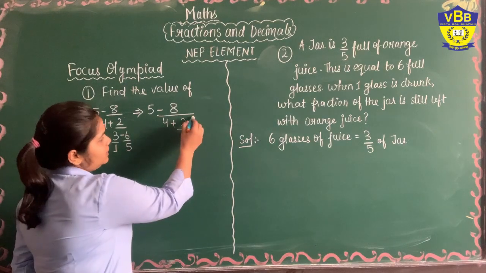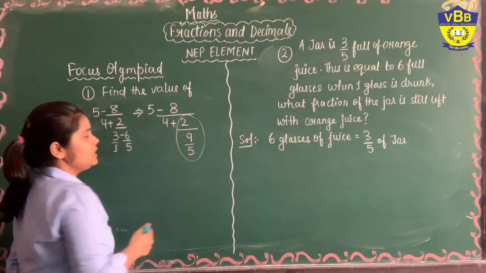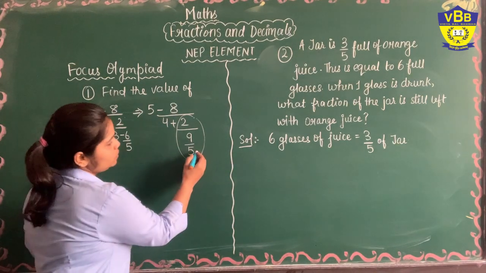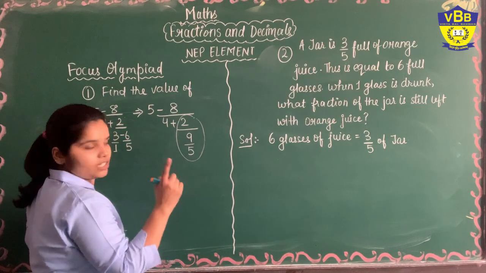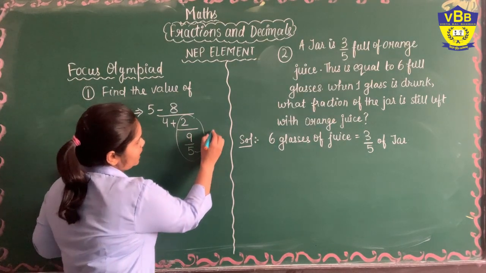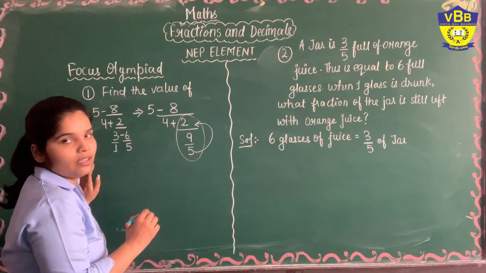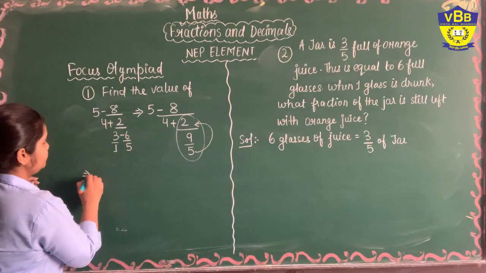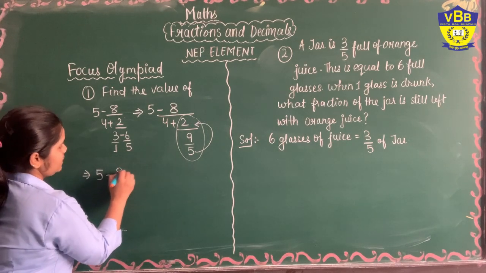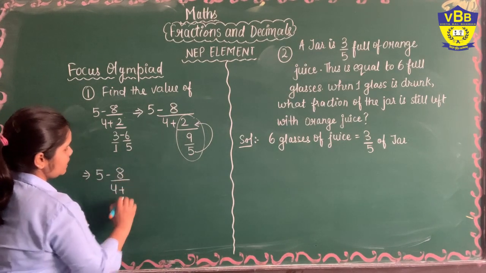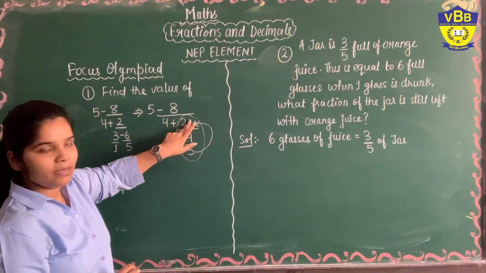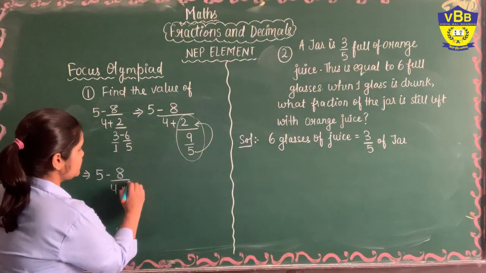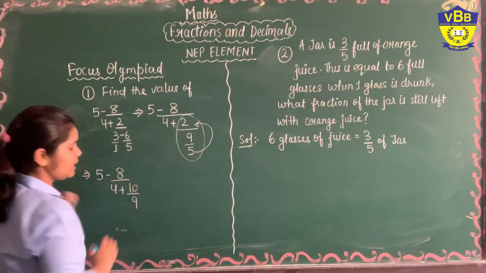Now this arrangement is like, you can see 3 numbers are written in upon. So what we will do, we will change it into a fraction by shifting this 5 to the numerator. Shifting this 5 to the numerator, it will become 5 minus 8, 4 plus 5 multiplied by 2. 5 is shifting here. It will be 2 multiplied by 5, that is 10 divided by 9.